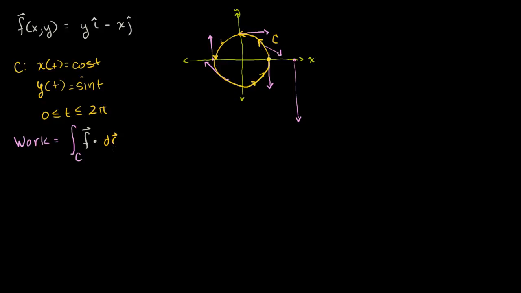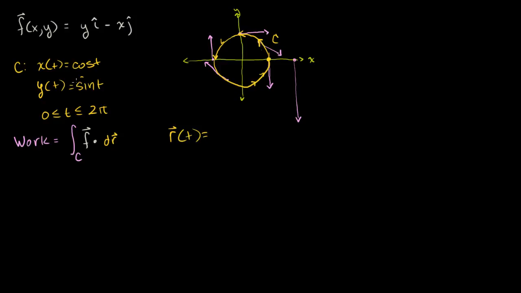Well, I haven't even defined r yet. I mean, I kind of have just the parametrization here. So we need to have a vector function. We need to have some r that defines this path. This is just a standard parametrization. But if I wanted to write it as a vector function of t, we would write that